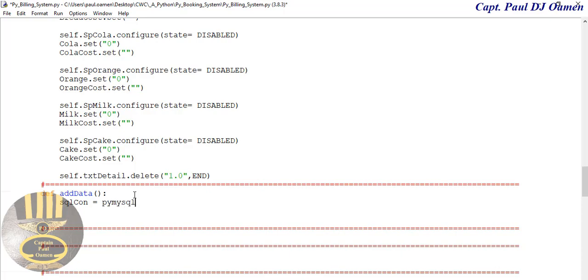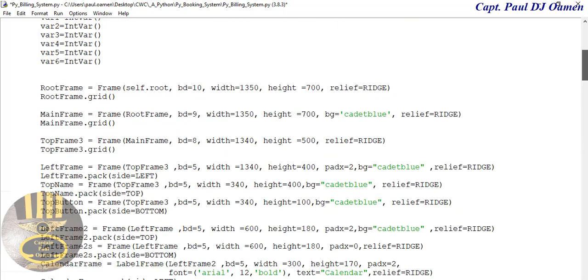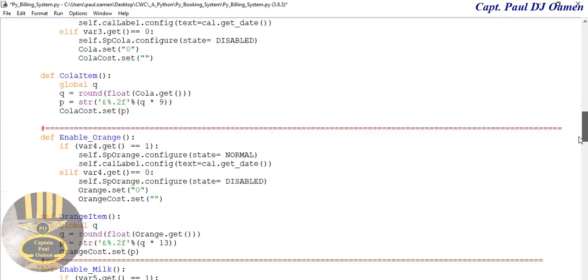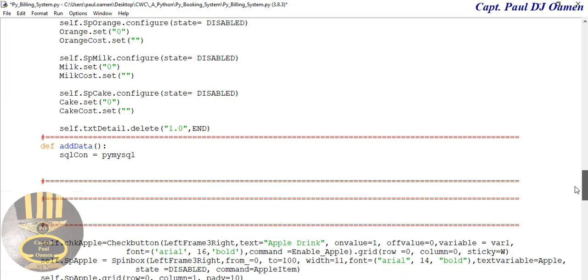So which means you must have imported this straight into your system, pymysql. Okay, that means you must install it as well into your system. So there. So in that case, I'm going to say .connect,